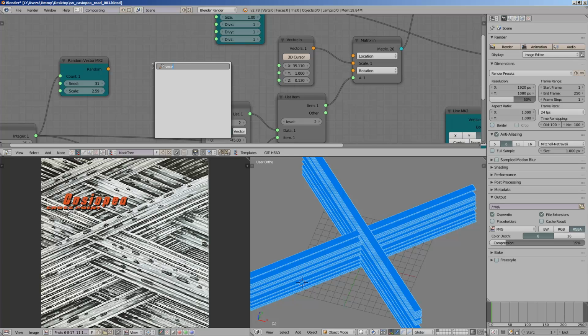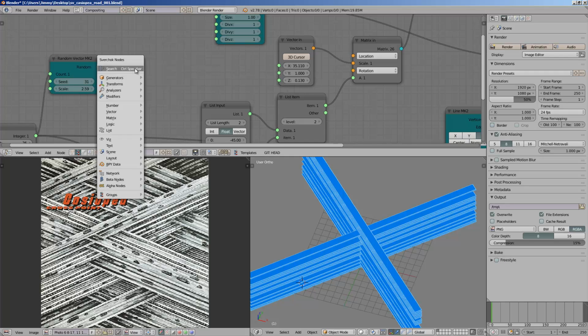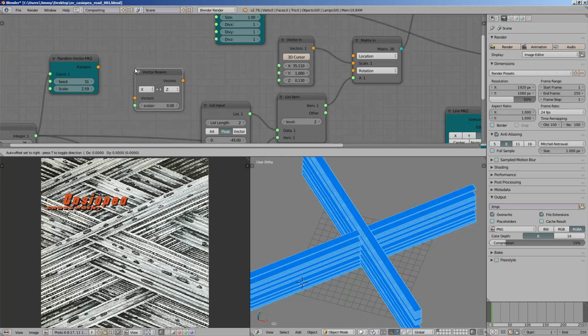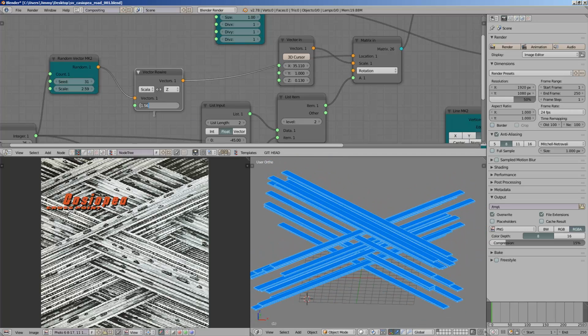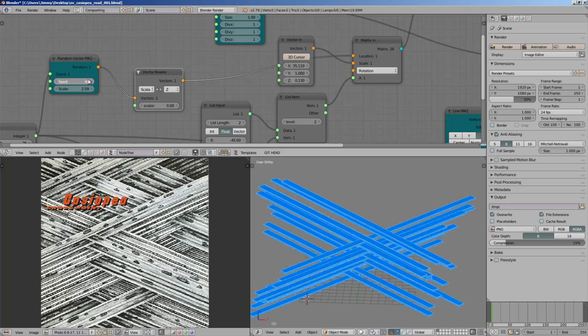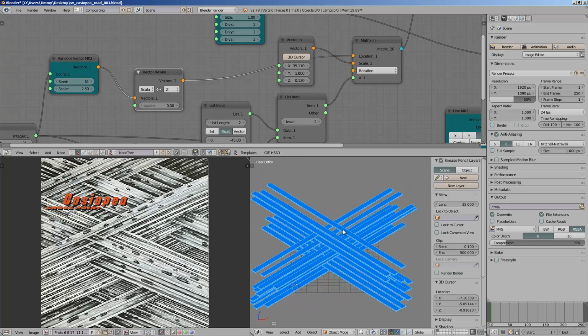We just use a vector out. Oh yeah, rewire will actually work as well, I believe. Just zero out the Z. So now we have this kind of crisscrossing of road,